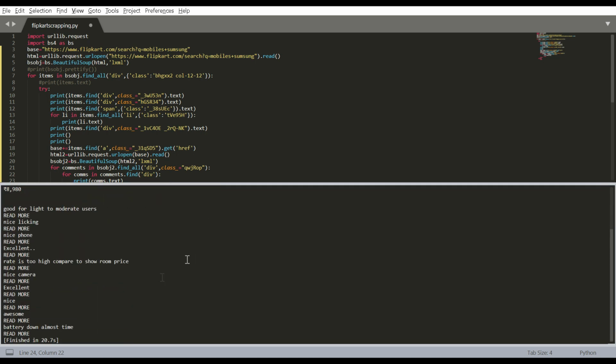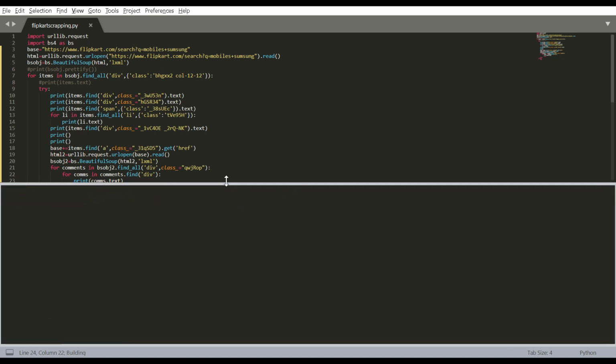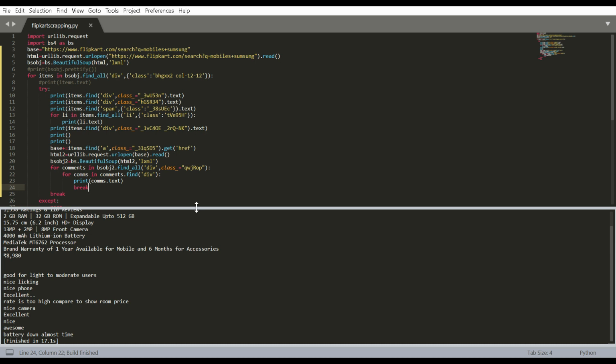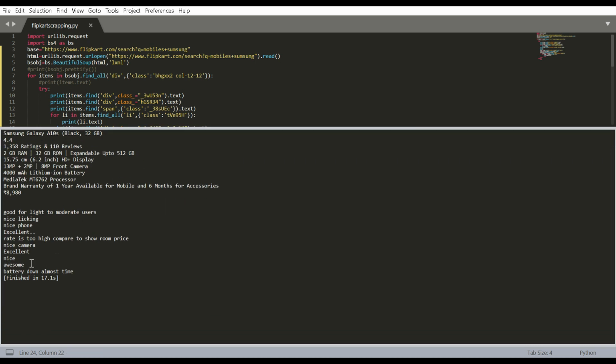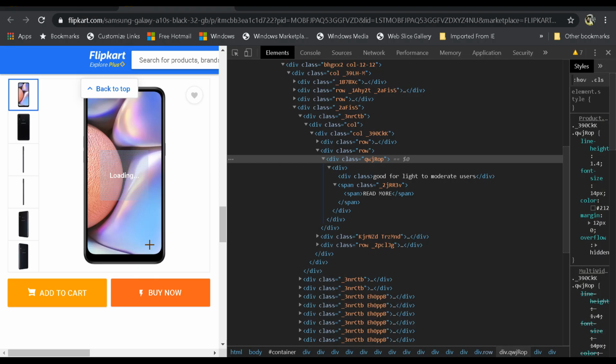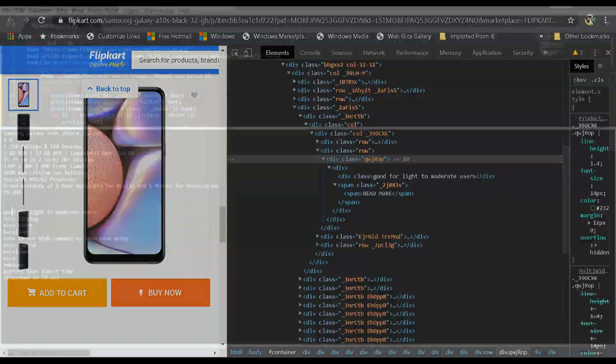That should work. Okay, let's run that again. So as you can see here, it's working fine. We're getting the comments in order. There's a good nice phone, good for light to moderate users, nice camera, excellent, awesome, battery low, almost battery down. I don't know what that means. So whatever, it serves a purpose.